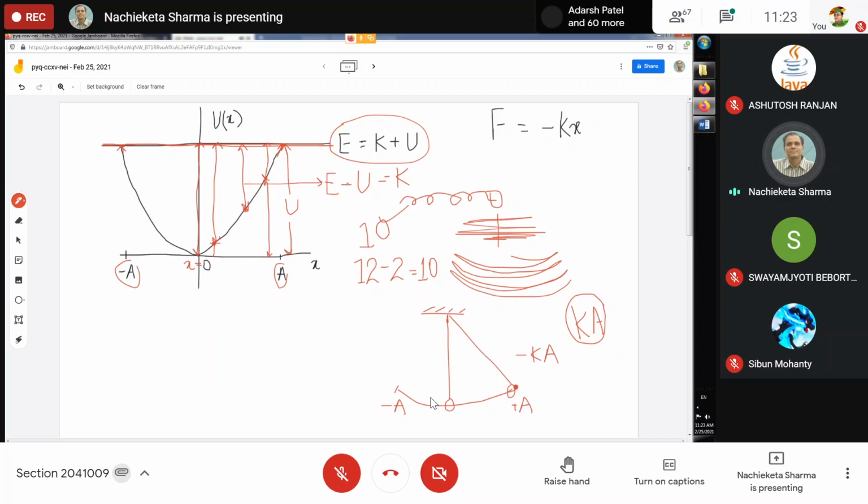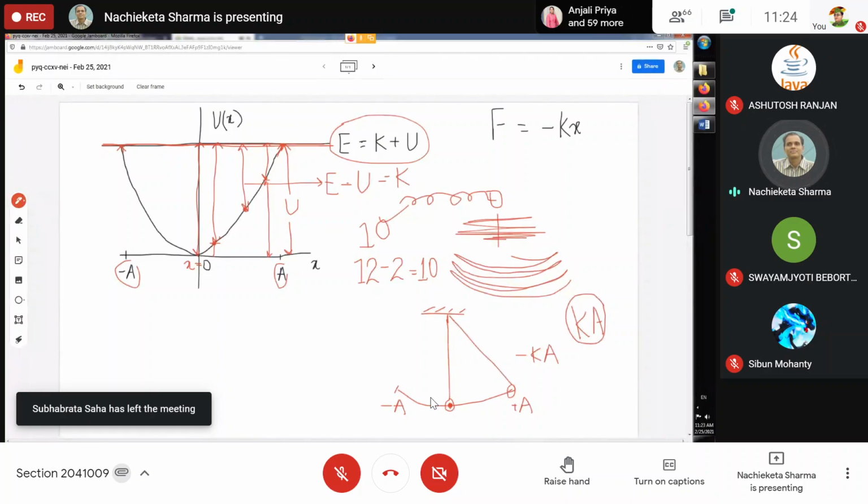So this maximum force is trying to pull the body. Now what will happen? The direction of force and the direction of velocity are in the same direction, so there will be acceleration and the speed will increase. From 0 speed, the speed goes on increasing, but the force is decreasing. That you must understand. When it reaches this position, the force becomes 0, but the force has done its duty.